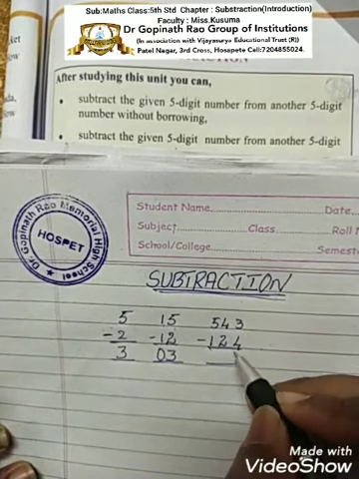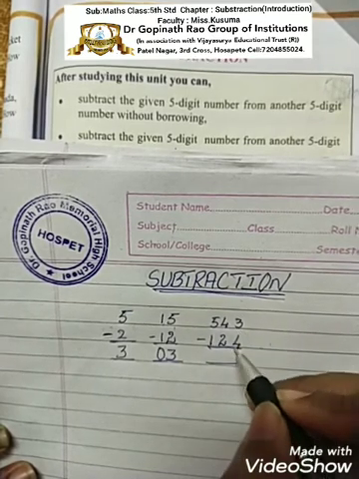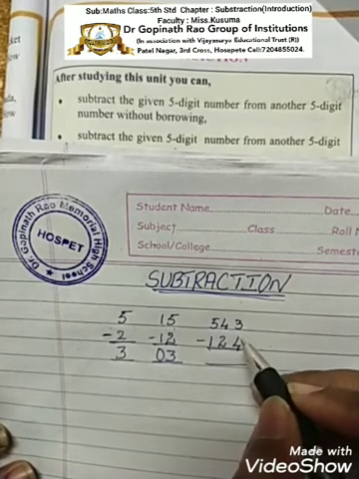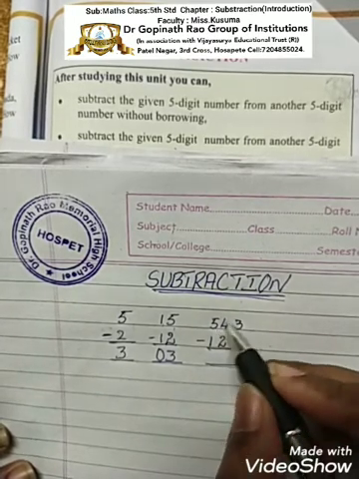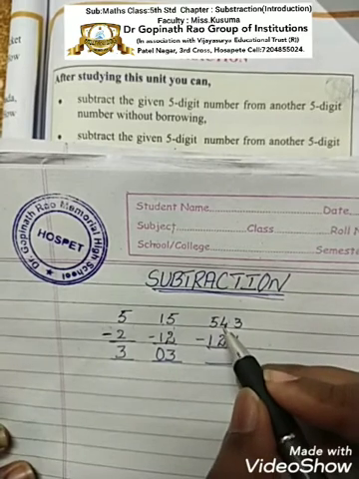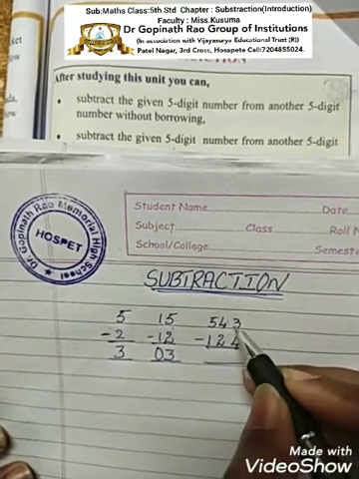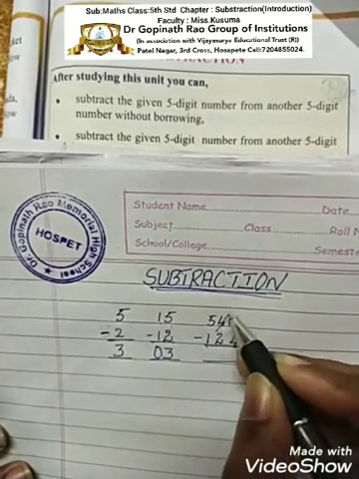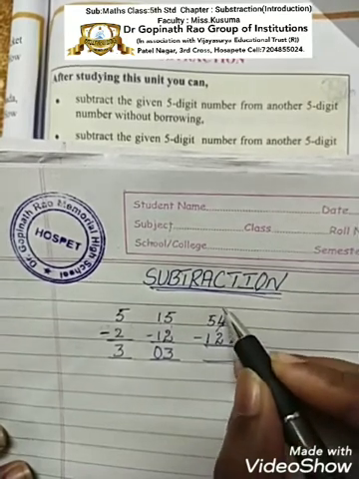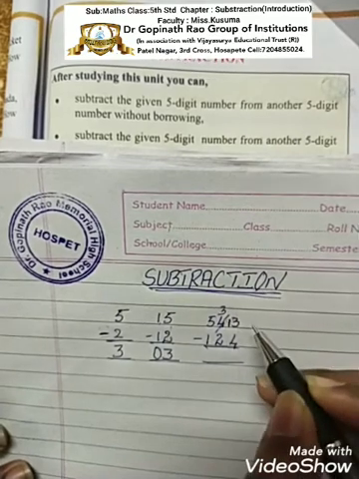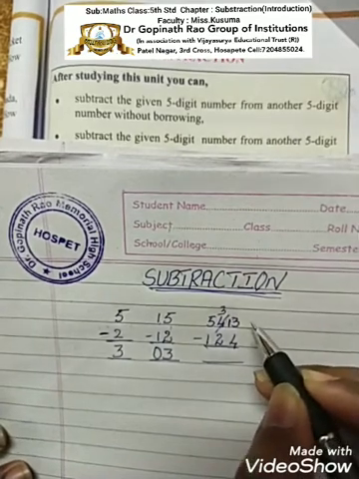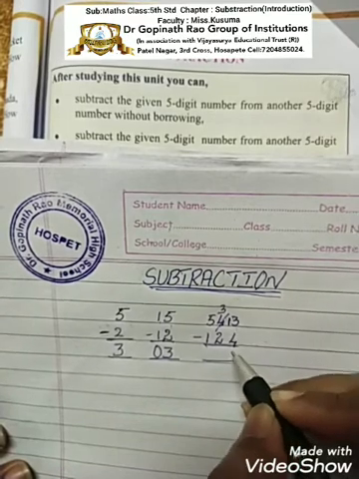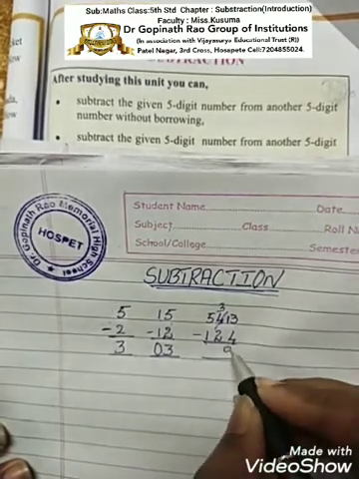See, 3 minus 4. From 3, 4 cannot be subtracted because 4 is bigger, isn't it? Therefore, what do we have to do? We have to take a borrow from the next number. The next number is 4. When we take a borrow, what happens? 3 becomes 13. What about 4? When it has given to the other person, it becomes 3. Okay. Therefore, 13 minus 4 is 9.